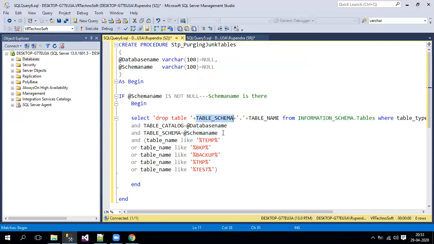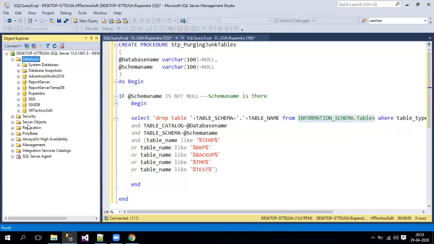One important thing here is, we did not mention a database for this information schema views we have to consider, because in each and every database, if you go and check, we have separate information schema views. Let me show you an example. Under VR Technosoft, go to views.